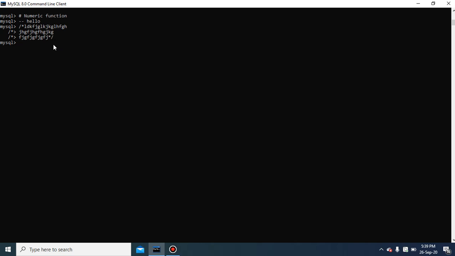This will be considered a multi-line comment. So a multi-line comment starts with forward slash asterisk and ends with asterisk forward slash. So there are 3 ways to write a comment: the upper 2 are for single line comments, and the last one, slash asterisk asterisk slash, is for multi-line comments.